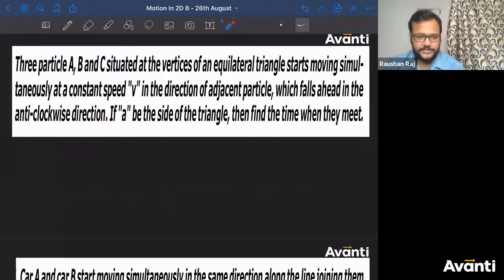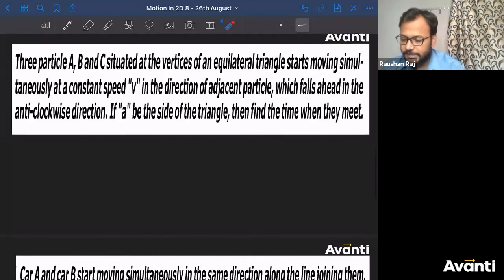Few of you asked this question when I was teaching you motion in 1D also. I think I answered that we'll study this in a simpler way when I'm teaching you relative motion. So guys, this question can be solved in a much easier manner if you use the relative motion concept. Give the correct answer. This is a very, very popular question in the relative motion concept.